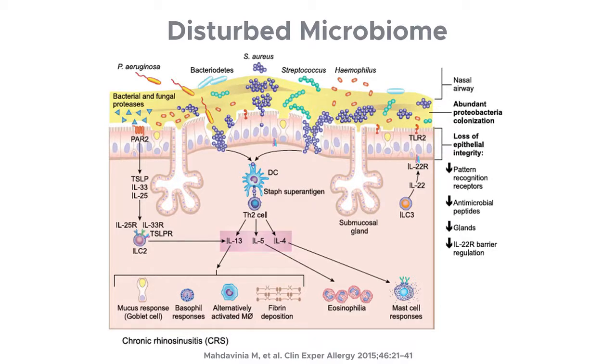So once you now lose the content of a normal microbiome, whether it be the number of species being lost or a change in the proportion of the species that are reflected, you get this abnormality on the epithelium. The epithelium becomes disrupted. The microbiome becomes replaced by pathogens. The pathogens interact with a different set of pattern recognition receptors, and a whole pro-inflammatory response of cytokines and cells